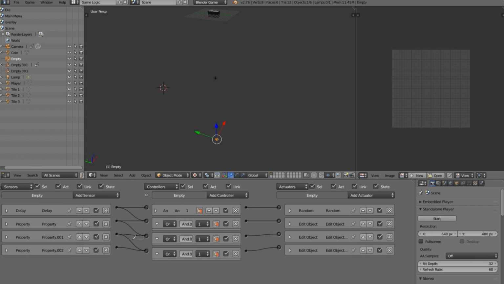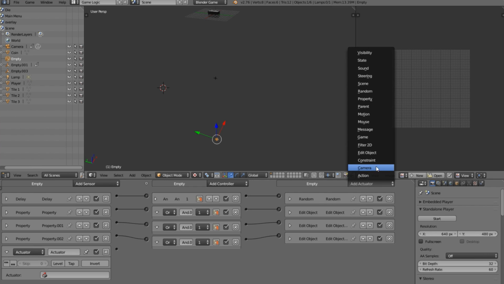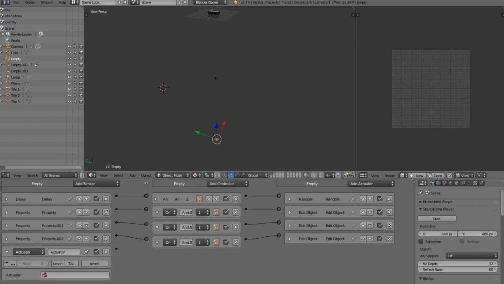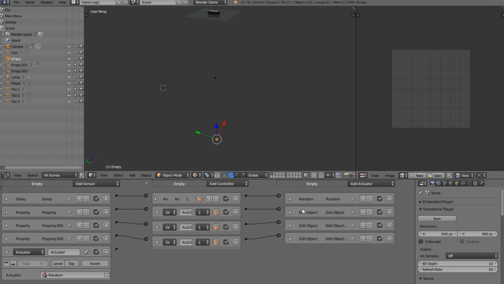So what we want to do is disconnect these and add an actuator. Then we're going to add in this actuator setting, and select this random. So when this is active, it's going to do it. We also want to change all of these from OR to AND. But the problem with that is we get a little bit of a problem, because updates just don't work as correctly as we'd like. So the way you can do this is go